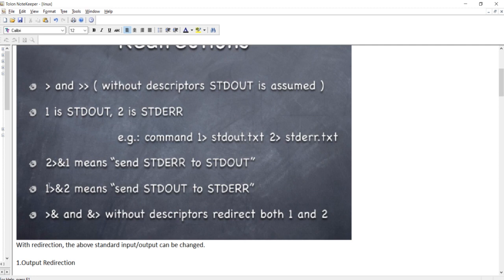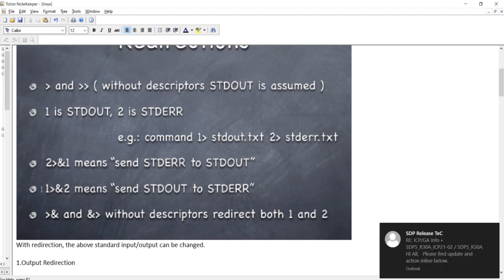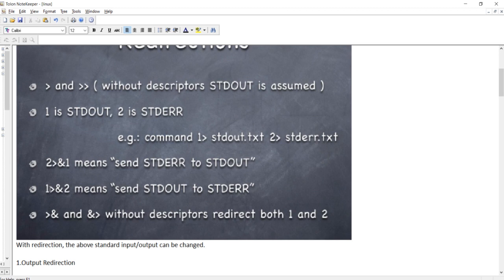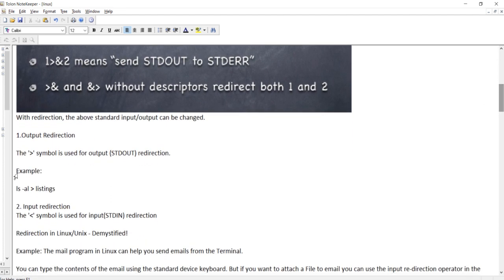And 1 ampersand 2 means send output to std error. It means where our standard error is going, redirect the standard output to the same file. Okay, so we can use this ampersand without a descriptor to redirect both 1 and 2. I hope this is clear.